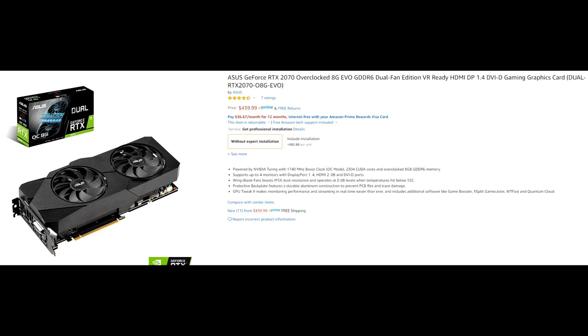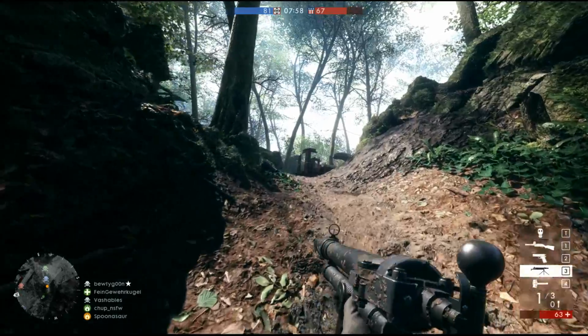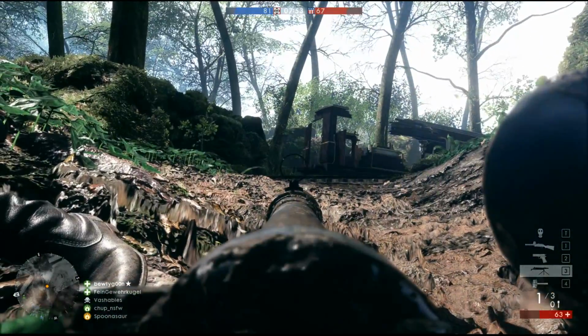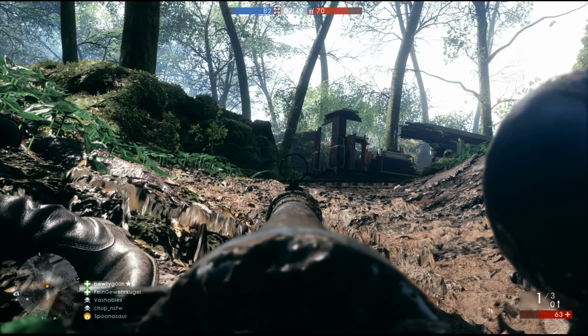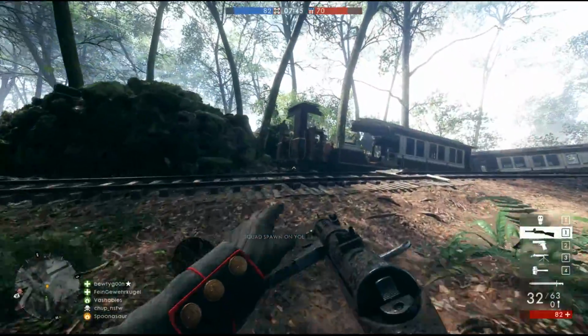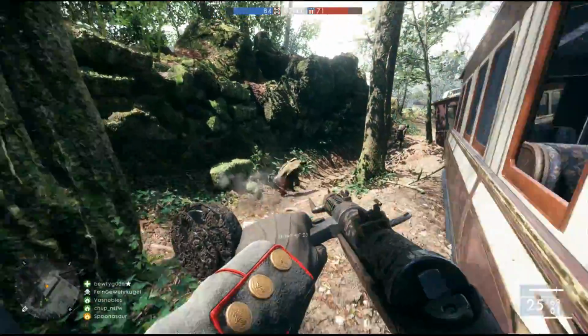But right now, I just think the pricing on the vanilla 2070 non-super is pretty good, $440, and you are getting a performance bump over the 2060. A lot of the stuff I said about the 2060 is applicable here as well. 1080p just is not something you should even look at with the 2070. You're talking 4K gaming here, or you're talking 1440p 144 hertz. That's ideally what you want to go for, and it's still a GPU that, while it is expensive at $440,